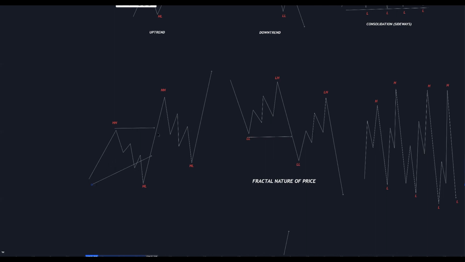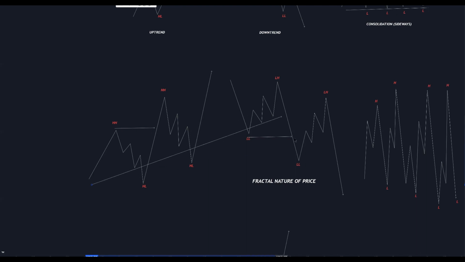Clearly label it so you know which side you are on in the market, because the market is fractal in nature. Fractal in nature means another trend can be found inside an uptrend or downtrend. Meaning in an uptrend, you can still see bearish price action, while in a downtrend, you can also see bullish